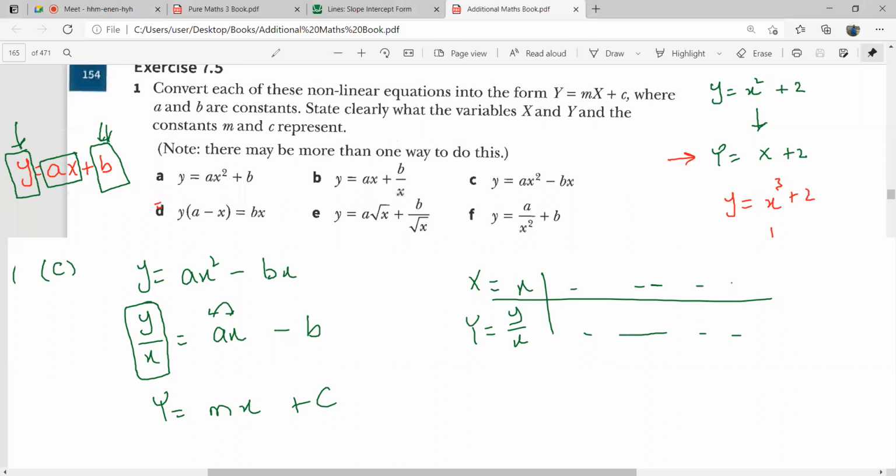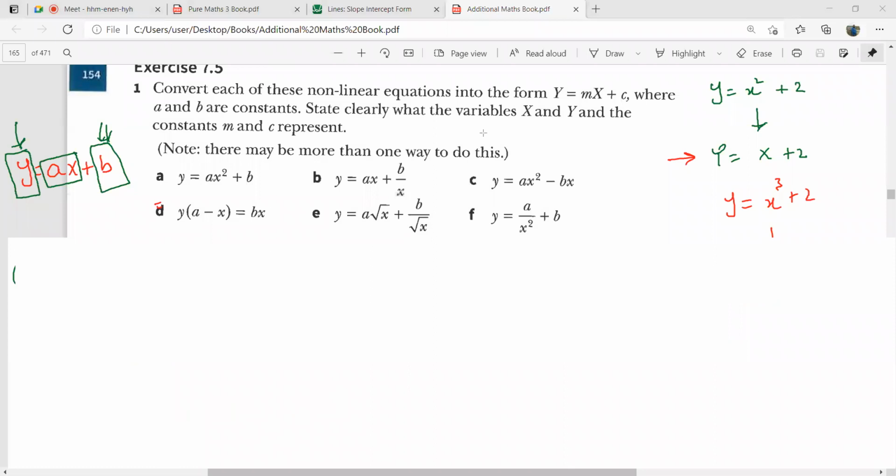Okay, look at this D part now. If you look at the D part, let me do that with you people. And guys, you have to do all these parts again, by the way. Now look at this D part. This is y equal to a minus x, that is equal to bx. Remember, this is the target over here. We need to have three terms, one all variables, one all constant, and the third has to be a combination of the variables and the constants. Okay, well, let's open this up. I have ay minus xy, that is equal to bx.